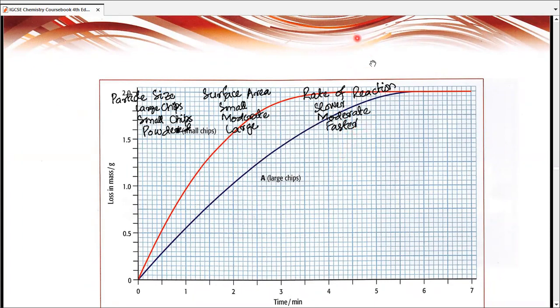Okay, but let's go with a different color. Let's go with green. So if I have to draw another graph, another experiment with C, that's probably how it's going to go. And that green is actually going to go like this. So this green would be C, and the C would be powdered,